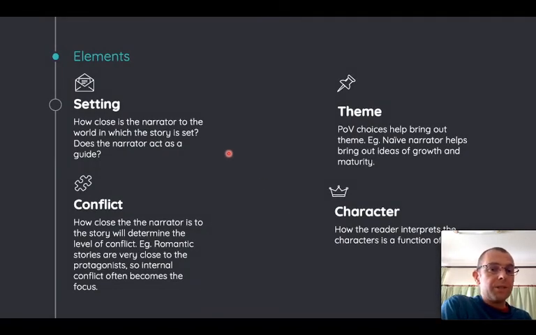Setting. How close is the narrator to the world in which the story is set? Does the narrator act as a guide? Is a good way to think about setting. Or maybe there needs to be a character who's not the protagonist but can act as essentially a tour guide for the reader. So this is particularly common where we're dealing with stories that are set in a sci-fi fantasy